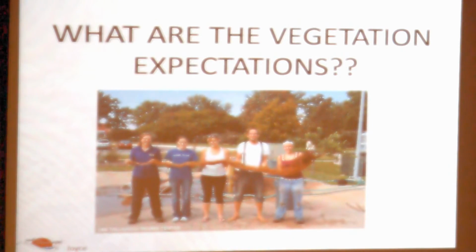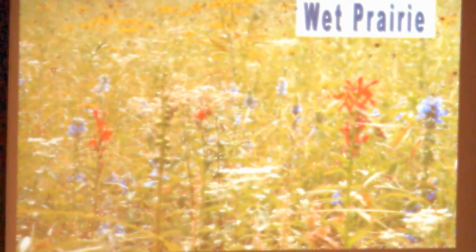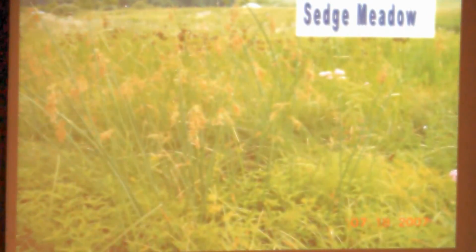If this is something in the outskirts of town, then you could go with something that could be a little more messy. Whereas if it's something that's in town, then you're going to want to make it a little bit more manicured. So Judith has already talked a lot about plants, so I am not going to go through that,